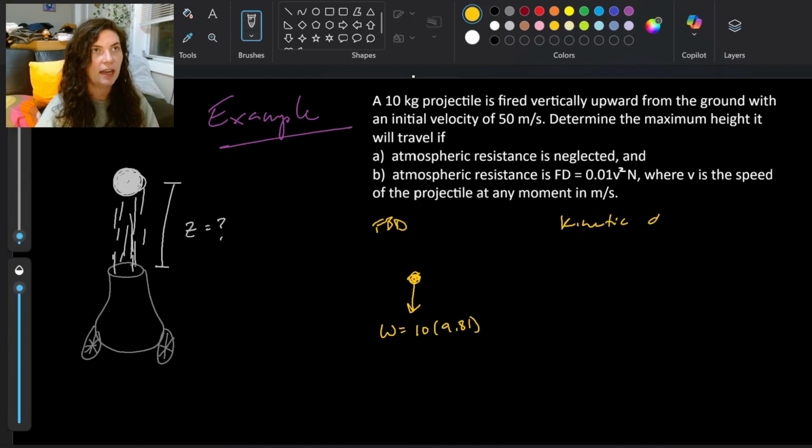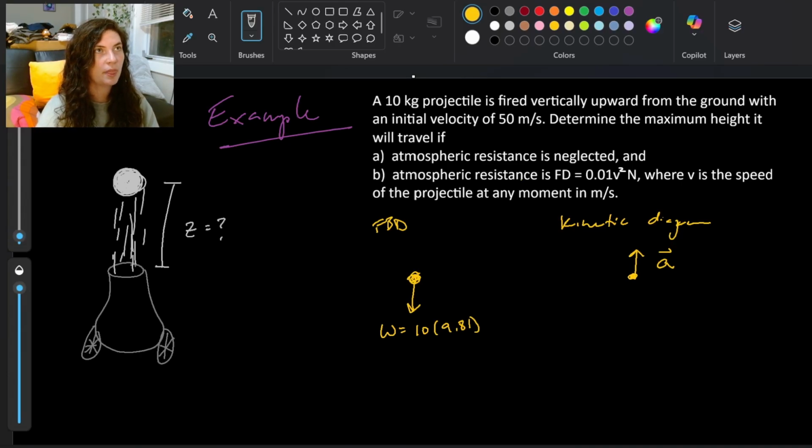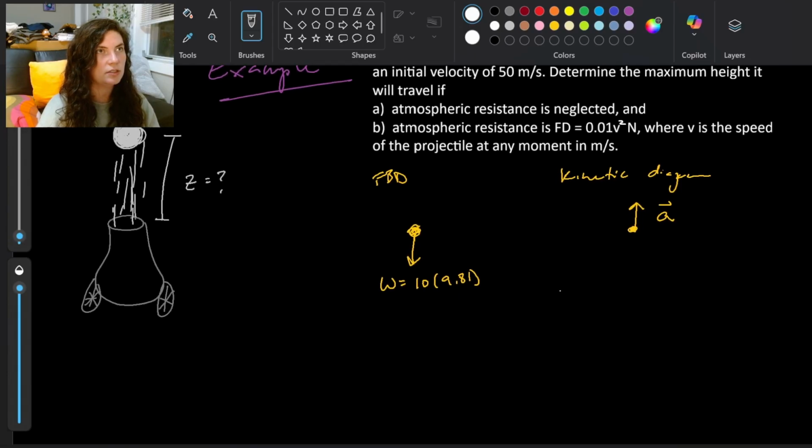So looking at our kinetic diagram, we're trying to find max height. So our max height, when we fire our cannonball straight up into the air, he is accelerating upwards until he reaches his max height, and then he starts to accelerate downwards, right? So he's accelerating upward. That's what's happening in our kinetic diagram. So what we're going to have here is we're going to have our equations of motion. If we go ahead and apply that,